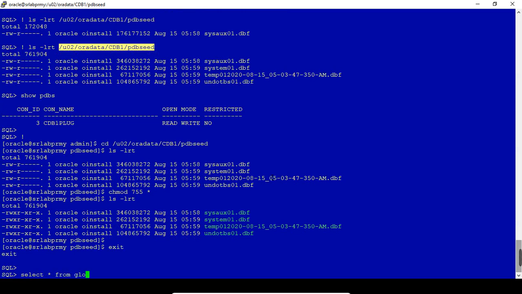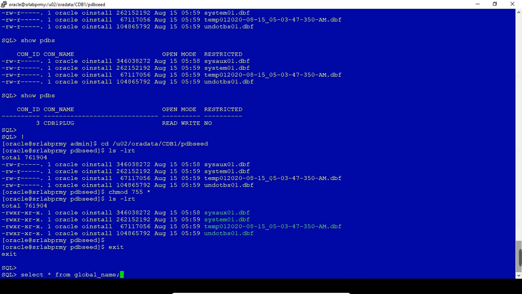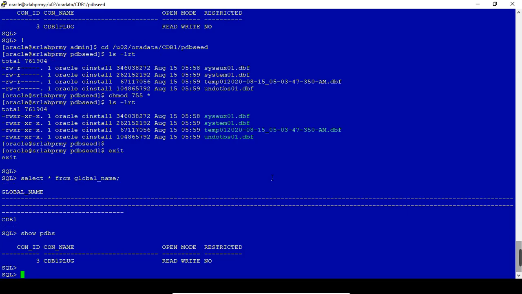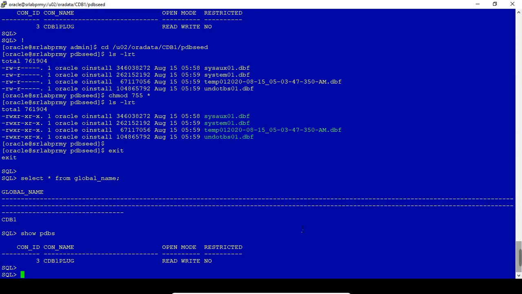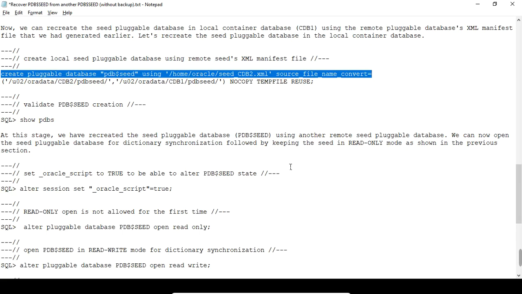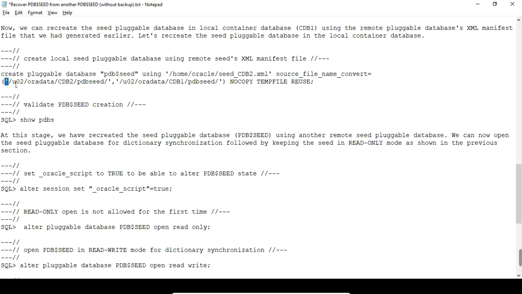Select star from global_name. So PDB seed is not there. So we are going to create PDB seed on source, I mean local container CDB1.